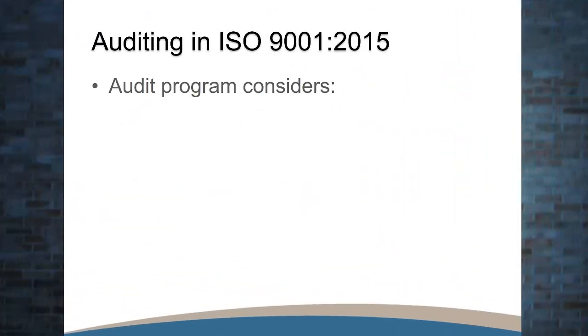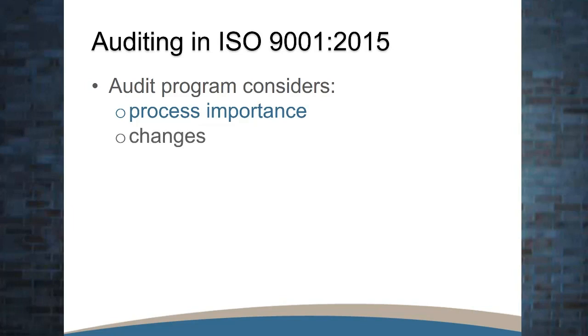Auditing programs. So what do auditing programs have to consider in the 2015 version? First of all, process importance. How important is the process internally and to the customer? Changes. What changes have you experienced with regard to the process? Or what upcoming changes are coming that you want to get ahead of and evaluate risk for, etc.? And what were your previous audit results? Were they good, bad, as expected? Those 3 items need to be evaluated in terms of consideration for